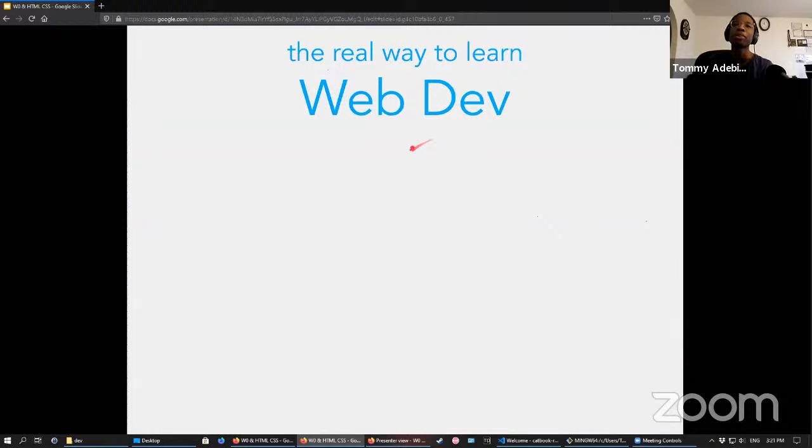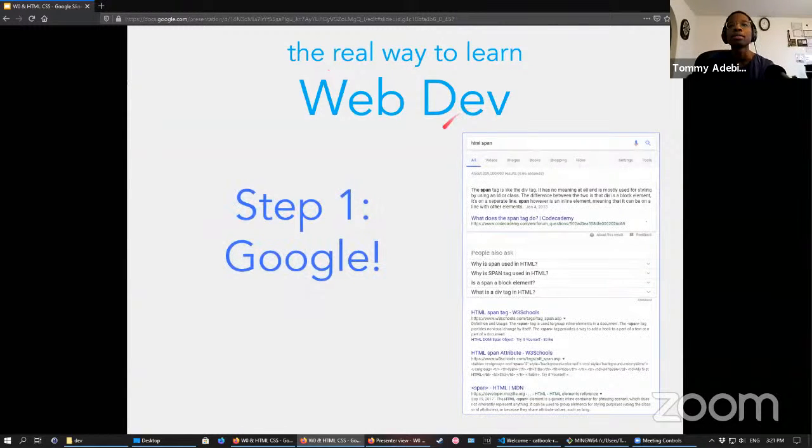So what web devs really use is called Google. So if you wanted to look up something new that you saw, or maybe you're looking for an element for an application that you haven't implemented before, the first step is going to be to